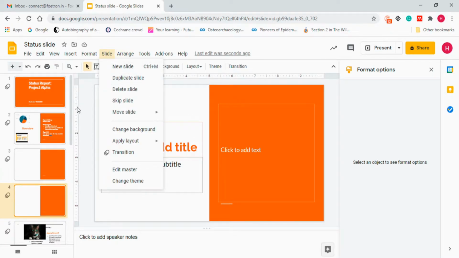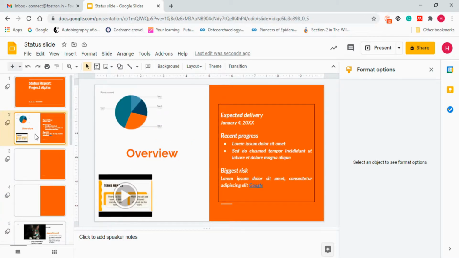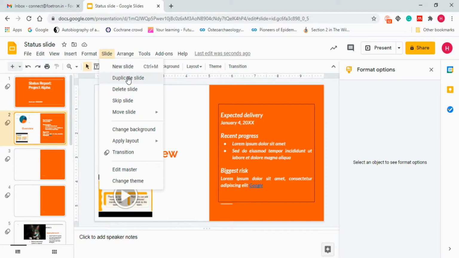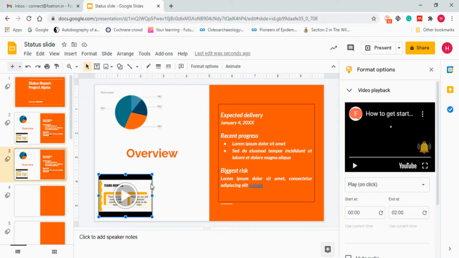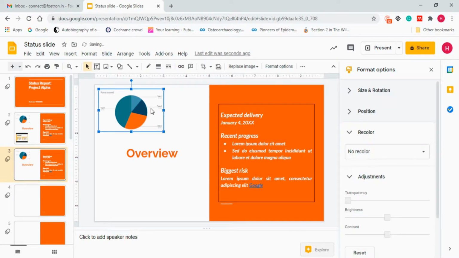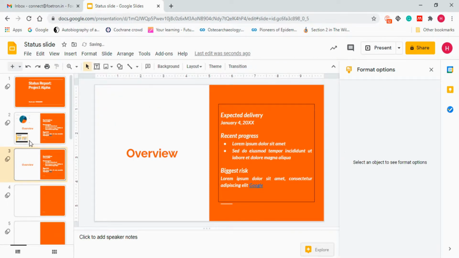After that we want a duplicate slide. What does duplication mean? That means I want this slide to be exactly the same, and a new slide will be generated which has the same things that this slide has. Again I will go to the slide section, duplicate slide. Now you will see these two slides are exact duplicates of each other. Now if you want to make changes in this, you can easily remove this. Now you will see the changes you have to do are very few.